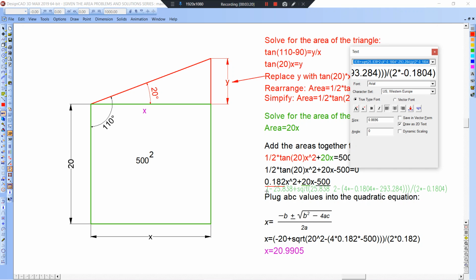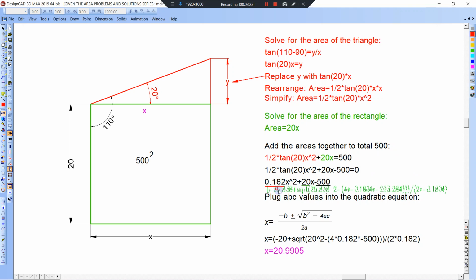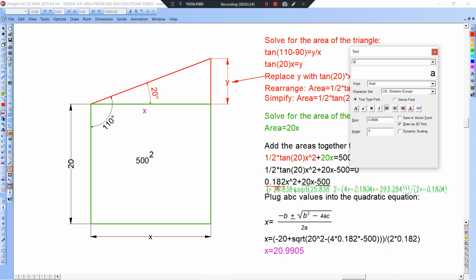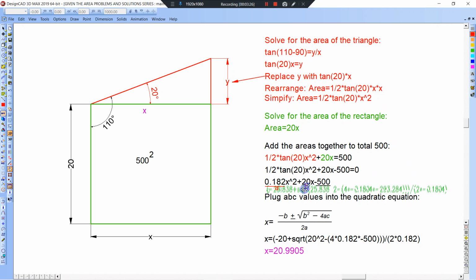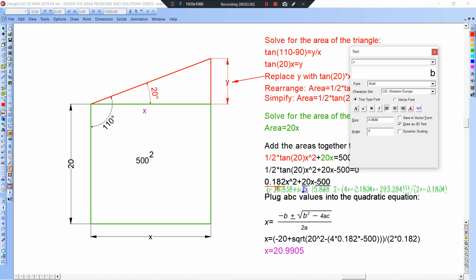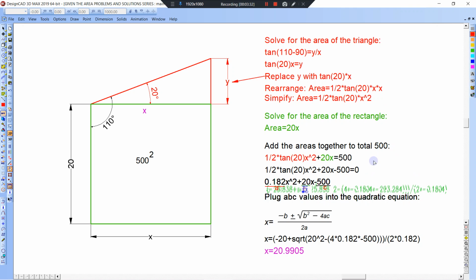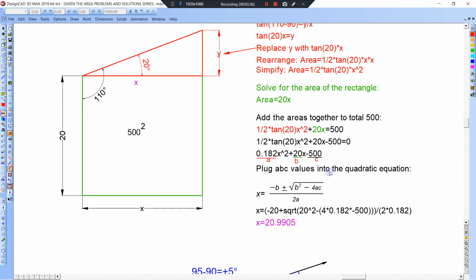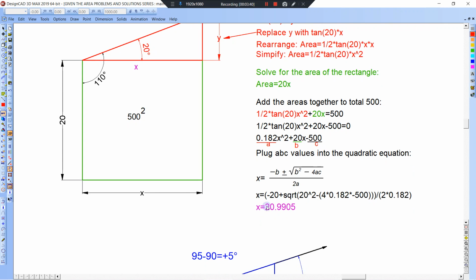So A, B, and C. We're just going to plug those ABC values into the quadratic equation. And I'm just going to do it. I did it already, and I know it works, but I'm going to show you. So we're going to go calculator,